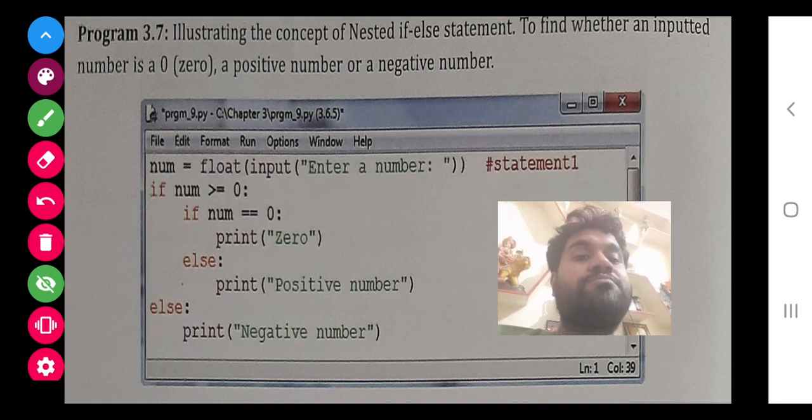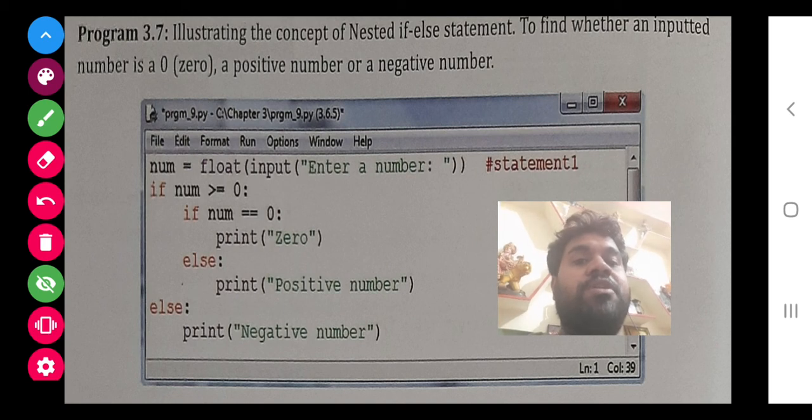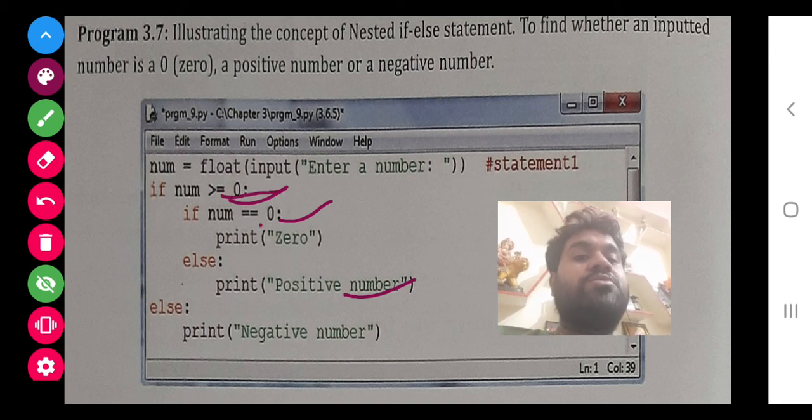Finally it depends upon the number you enter. If I enter 24, then this condition will be true and this condition will be false. This will be the answer. If I say 0, this condition is true, this condition is true, and then 0 is the answer.